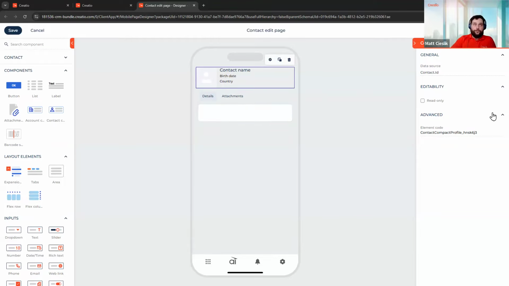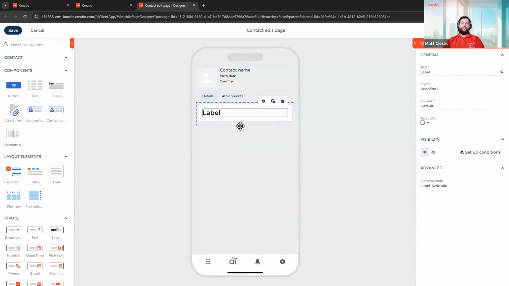So let's maybe start from the label itself, right? The first thing to do would be to go with some general information about the person, right? So first of all, that would be a profile. And let's change the style to headline 3 as it works a little bit better visually, in my personal opinion. So, as we have that, let me roll down the data source of our page, which is the contact object, and